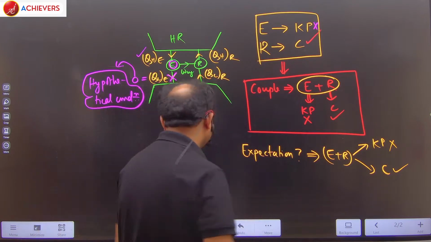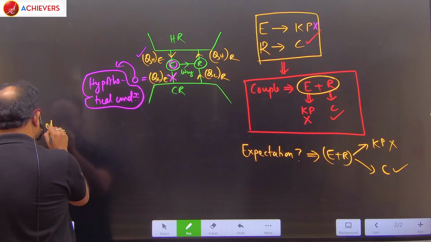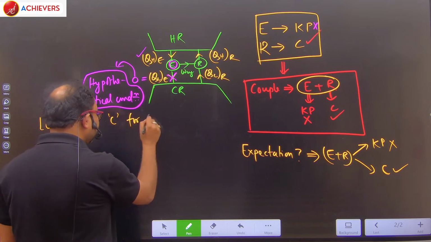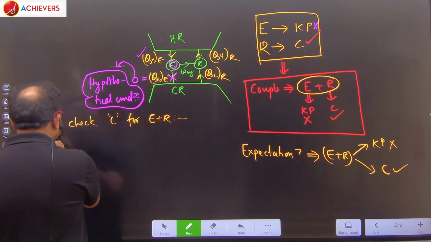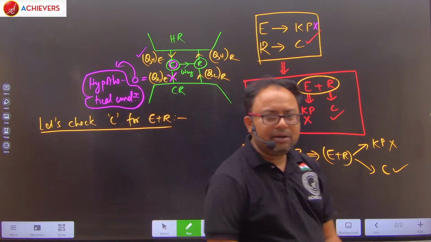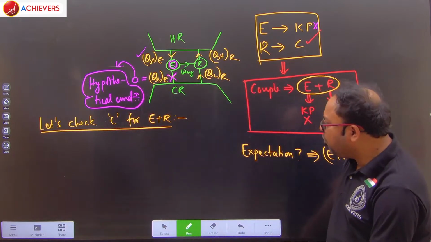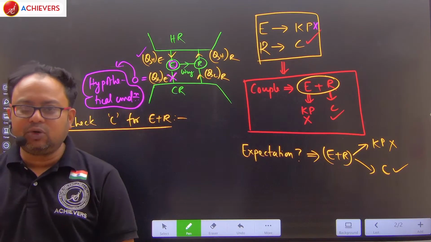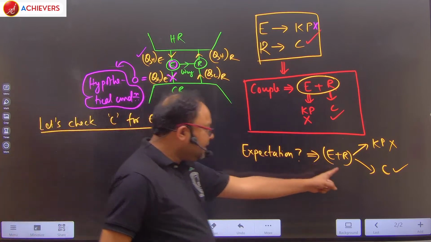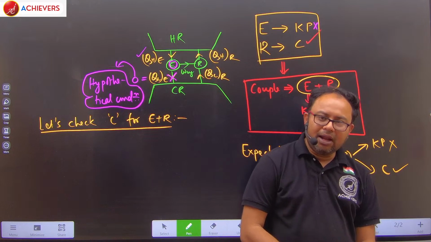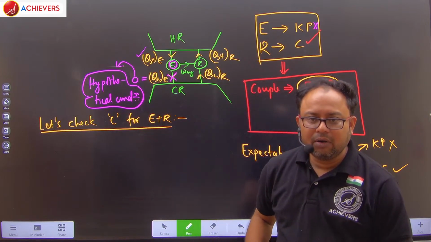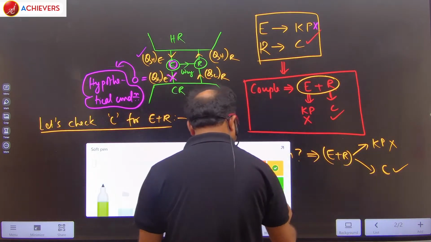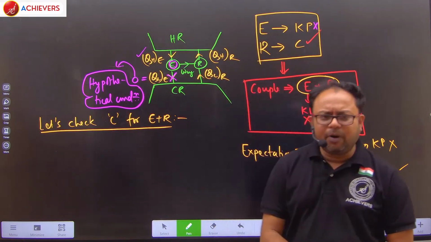Now let's check C for E plus R. Let's check whether C is being followed by E plus R or not. We expect that E plus R should follow C. Now let us check whether it is true or not, whether E plus R is actually following C or not. That has to be analyzed. For that purpose,